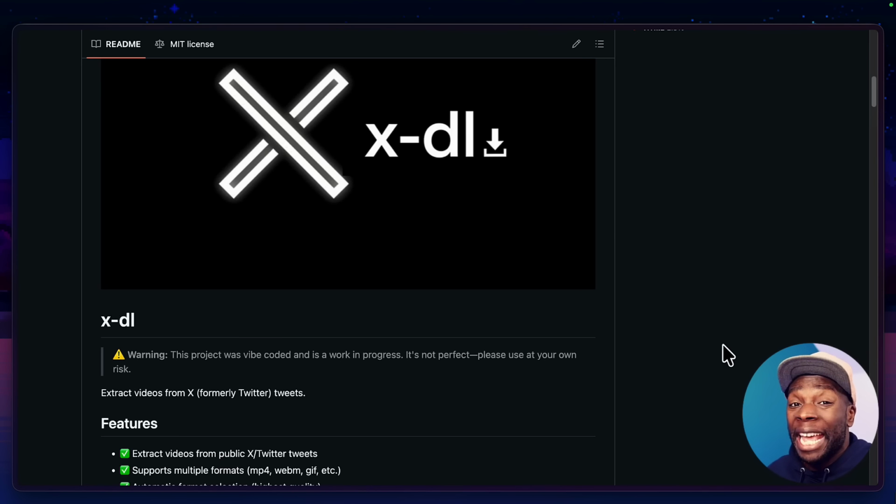So this is a project called XDL, which is a CLI tool used to download videos from Twitter. I want to create a web UI for this tool that not only downloads videos to the user's browser from a URL, but also uses it to create an article. So I used Opus 4.6 with plan mode in Claude Code to try to create that UI, and this is